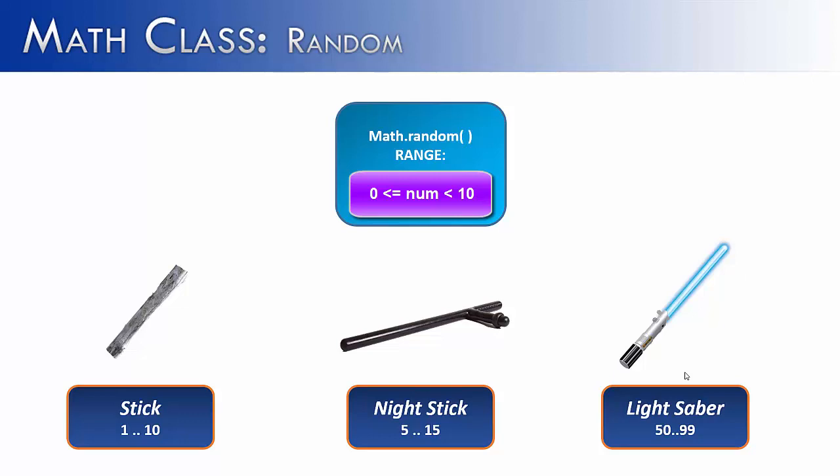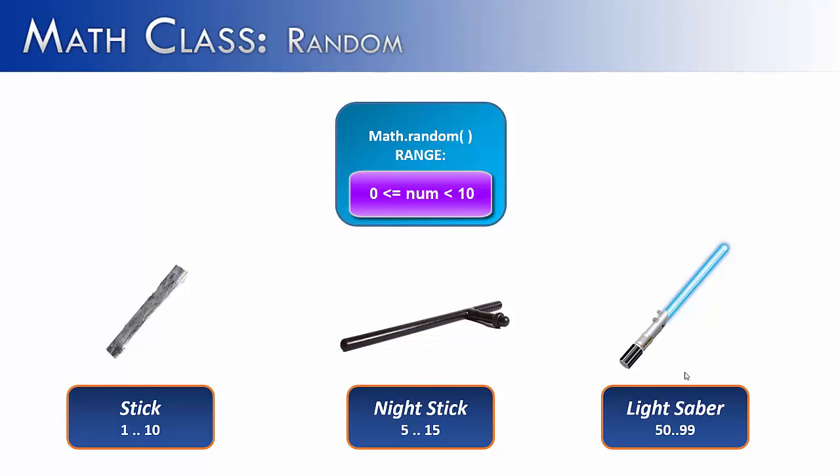And then as you play the game further, you get a random range of 5 to 15 with your nightstick. And then finally, you get a lightsaber, and it can do 50 to 99 damage, depending on what the random range generates in order to win the game. And what do you notice about all three of these things? None of them start at 0. So I just wanted to show you that it is common not to start at 0